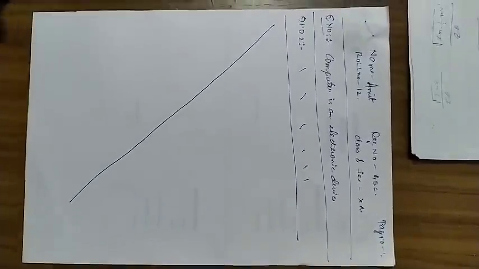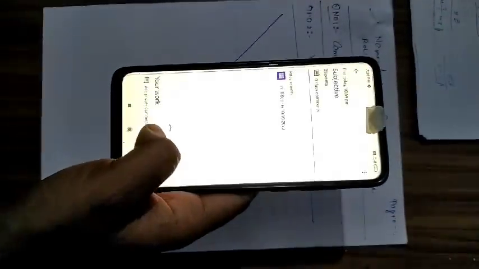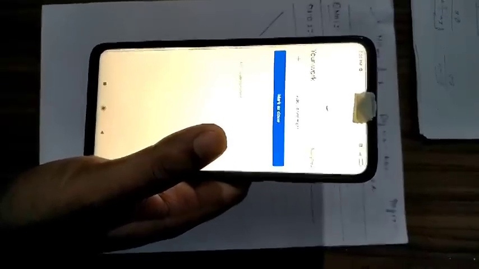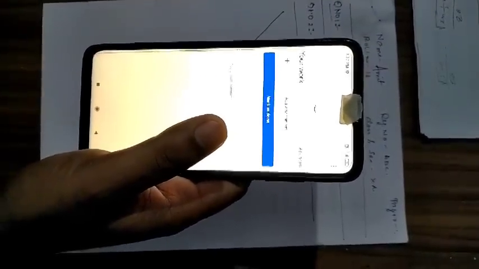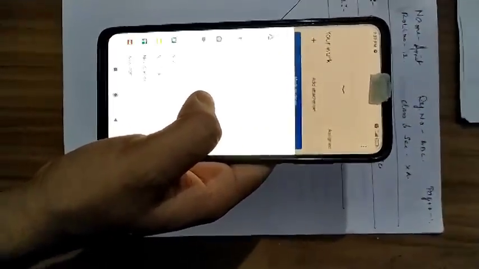As soon as this paper gets filled, you will have to go to the classroom, and in that classroom you will find your work. You will drag it up and you will find there is an option to add attachment. You will click on this add attachment. Then there is an option to take photo. You will click on it and you will simply take the picture of the page, and keep in mind that you have to take the picture in the landscape mode only.